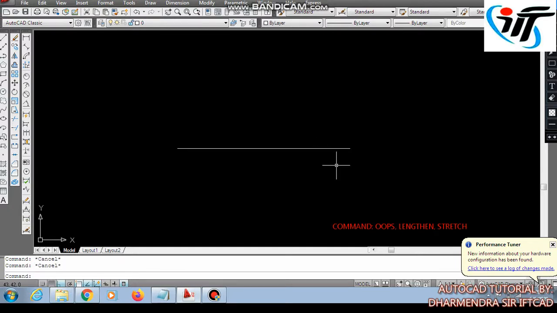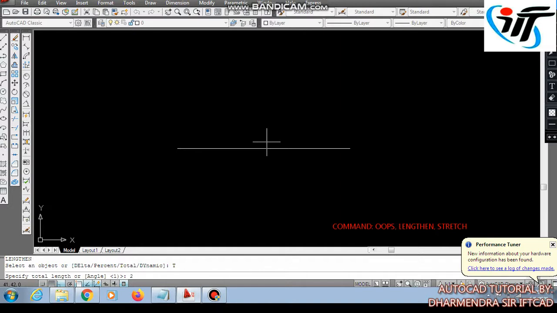Now once again providing lengthen command. Now it's total. For total option we will provide T in command line, and total length I want to increase the size to 20 mm.